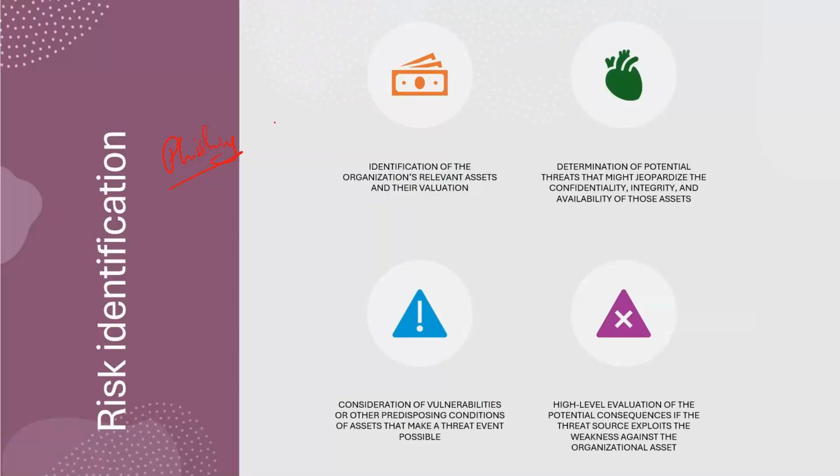So the risk identification is really important because this would lead to the number of controls that you are trying to implement, right? And this would also lead to your risk identification, not only from a cyber perspective, but from a legal and regulatory perspective as well, right? So from a risk identification perspective, the first and most important step is to identify the relevant assets and their valuation, right? Because if you don't know what you're trying to protect, you're really not protecting each and everything